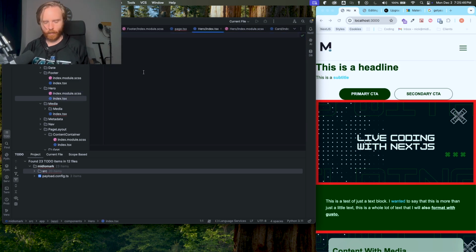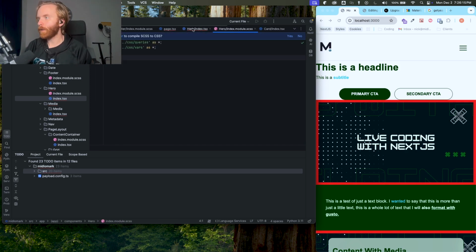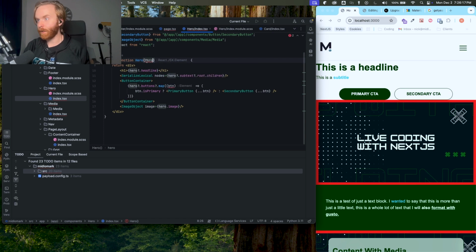So we go here, you can do export function Hero, and we're going to return this div, and it's going to expect a hero. And let's see how we did this for our cards. Well, it's not going to expect a hero, I'm going to send hero. So it's going to expect a headline, a subtext, some buttons,